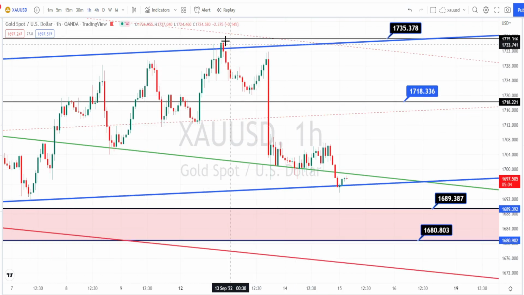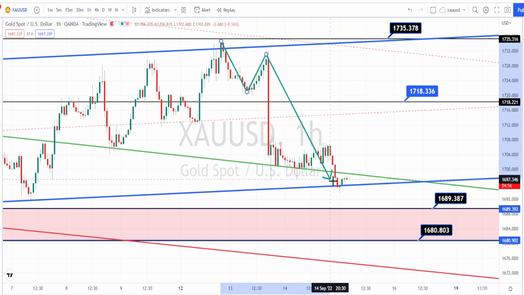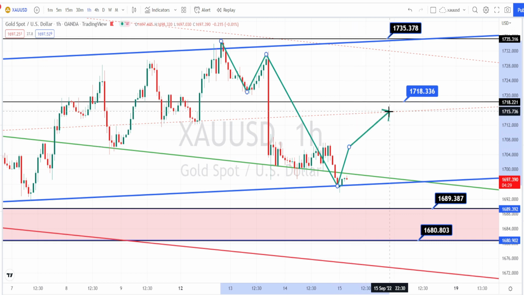So when we look at the price action in hourly time frame, we have noticed the price action to fall on a bearish side retracement and to take support on the 4 hours time frame support line or the trend line. And presently we are noticing the price action to bounce back on the bullish side retracement. Wait for the price action to break the previous resistance levels in order to get the confirmation on the bullish side trend continuation, and if the bullish trend continues, next level of resistance, it's going to be around 1718 from